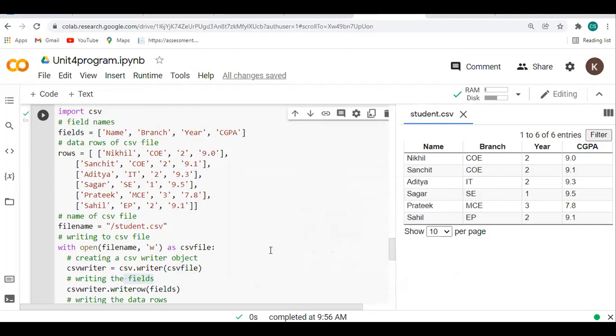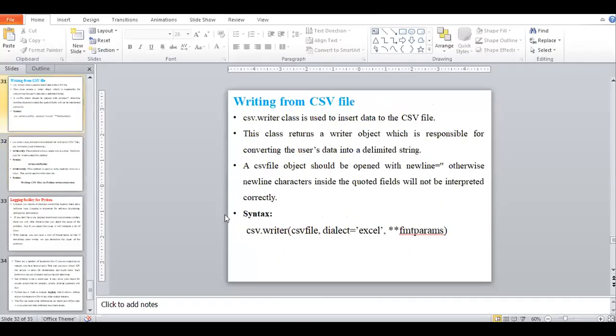Any doubt regarding the operations related to CSV file? We are having two operations related to CSV file.